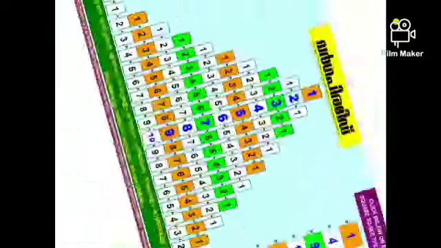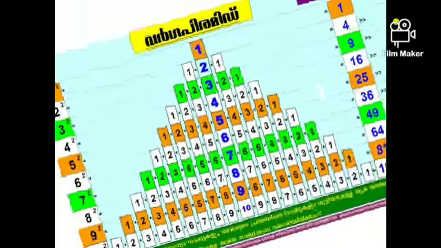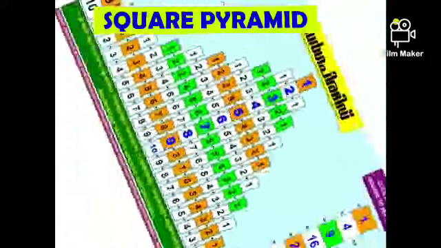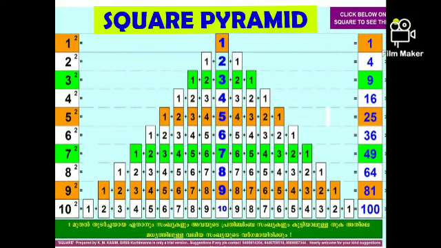See here, a square pyramid is given. On either side we can see two pillars. On the right side we can see 1 square, 2 square, up to 10 square. On the left side we can see 1, 4, which means 2 square, then 3 square is equal to 9, 16, 25 and so on up to 100, which is equal to 10 square. Now, what is in the middle? That's the pyramid of